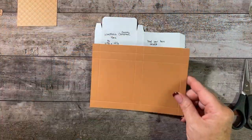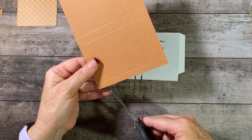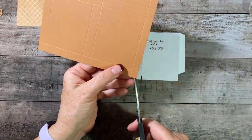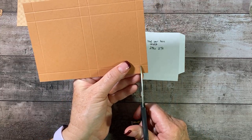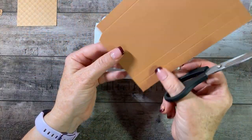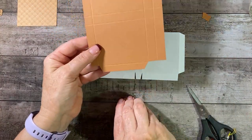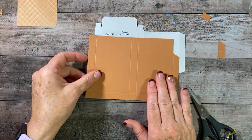Okay. So this is going to be our glue tab. And it's slightly smaller. This is a full 1/2 inch and this is the smaller. So we're going to miter cut on this, which is just inside the score mark. And then we're going to cut up and remove that piece. Okay. Now down here on this other end, we're going to cut up. And then we'll miter cut up to meet that and take off that piece. Okay, so far this is what we have. All right,